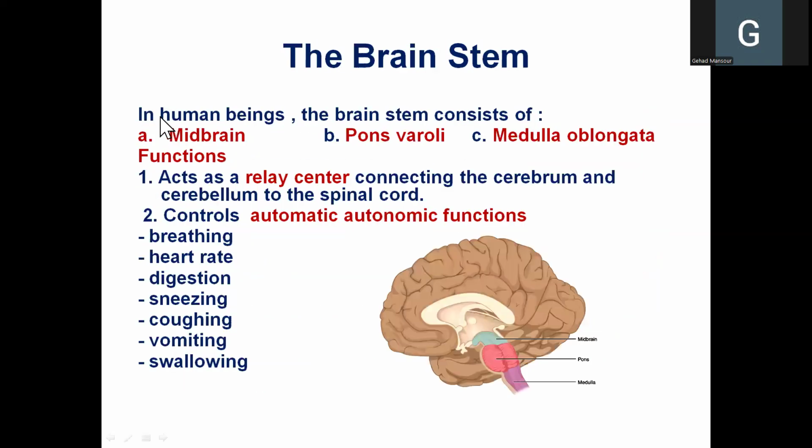That's why we say that the brainstem acts as a relay center that connects the cerebrum to the cerebellum, and also connects the cerebellum to the spinal cord. The brainstem, of course, controls, especially the medulla oblongata, because most of the nuclei, or the collections